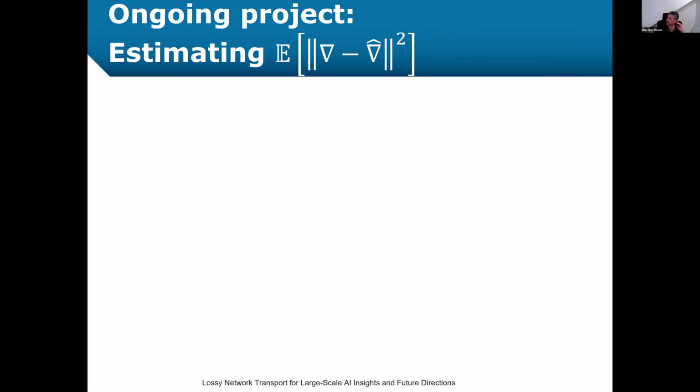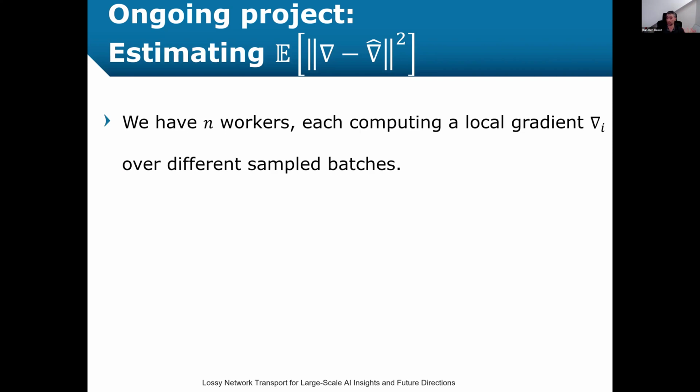And I think this is sort of a solved problem when you assume that the training takes place on a single node, right? So if you have a single node, it can estimate quite well what's the noise that you get from sampling a batch of a given size. But now the challenge here when we're doing this data parallel training is that we have multiple workers. They each have their own sample batch. And we want to be able to estimate what would be the noise if we aggregate these local gradients